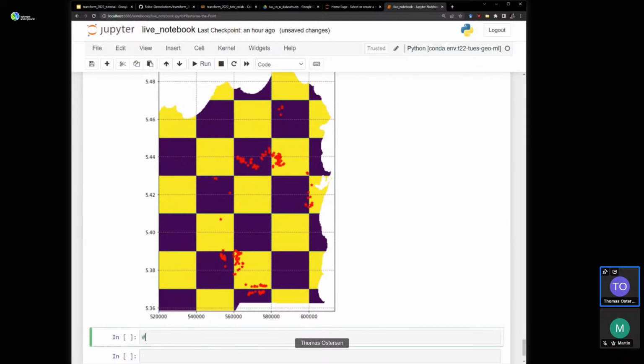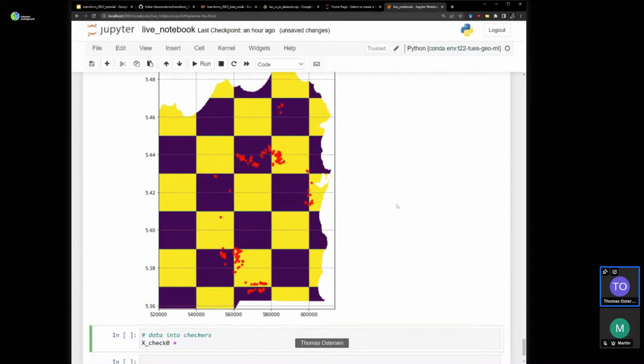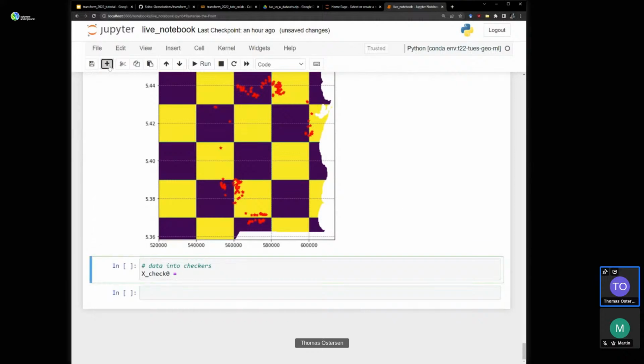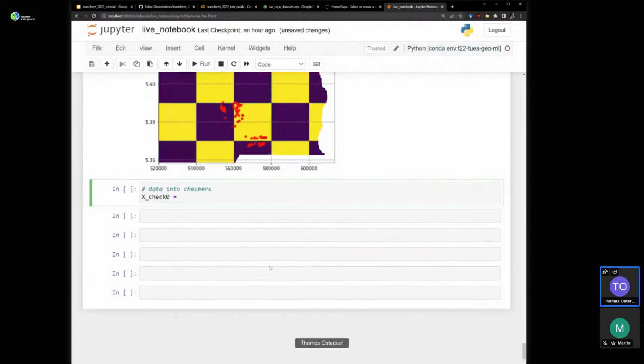This is going to be a bit verbose, but just bear with me. So split data into checkers. Right. X check 0 equals, let me scroll down here a bit. X pix. Hold on a minute.